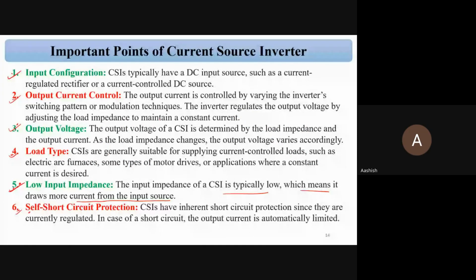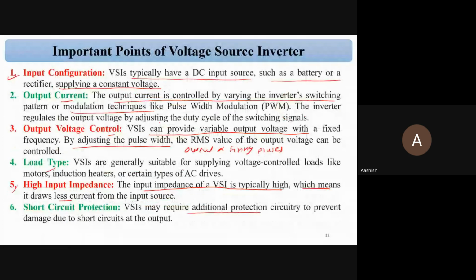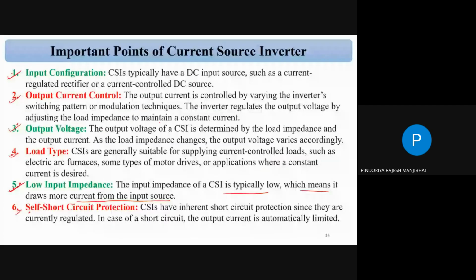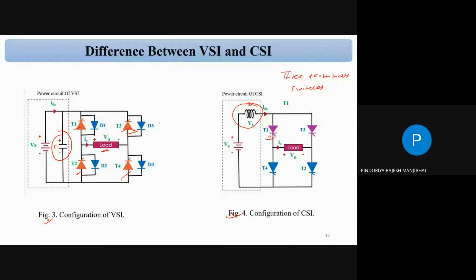Yes, sir. But how do we measure that input impedance from the Thevenin's equivalent circuit? Input impedance is that Thevenin impedance which is seen by the source, either voltage or current source. How does that become high for VSI and low for CSI, sir? Yes. So in this circuit you can see that in the case of the VSI we have a capacitor,